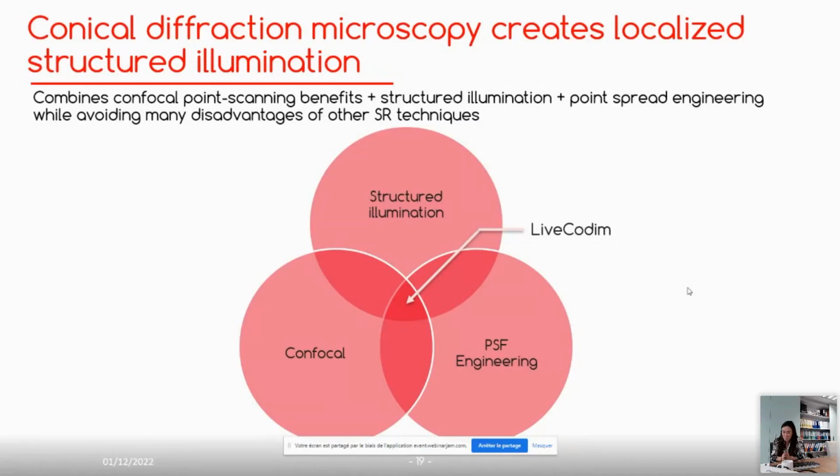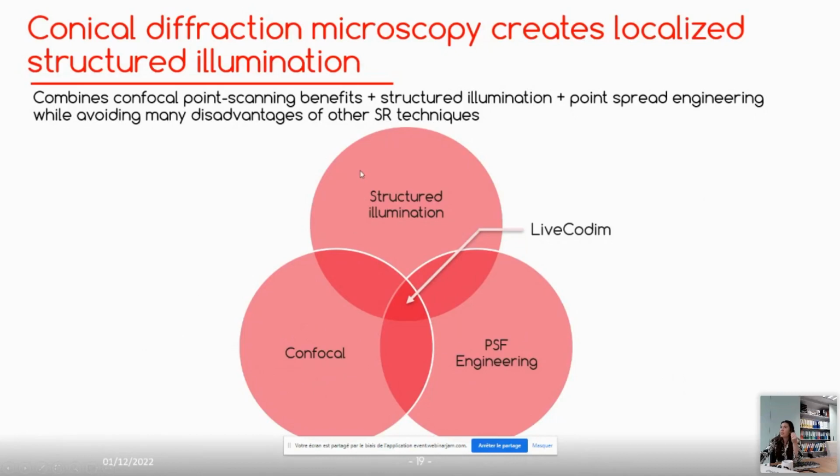And finally, last but not least, we talked about all these other techniques and saved this last one because it required seeing a few combinations of things to appreciate what conical diffraction microscopy does. So I'll talk a bit about how this works. This last technique is called Live-CODUM, it's a T-Light product, just being forthright, and it's going to combine the strengths of 3 different elements that are foundations of other super resolution techniques. So it's going to retain the geometry of a confocal microscope scanning system, but instead of just a single